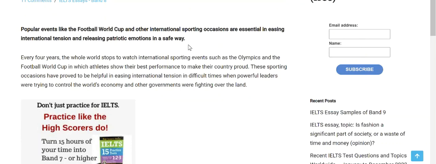Another one, popular events like the Football World Cup and other international sporting occasions are essential in easing international tension and releasing patriotic emotions in a safe way. Okay. Question